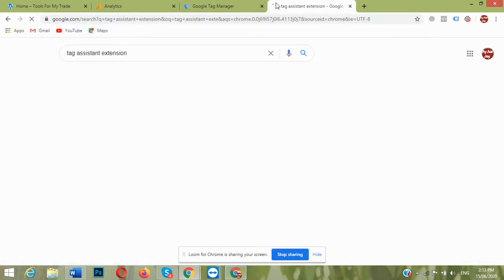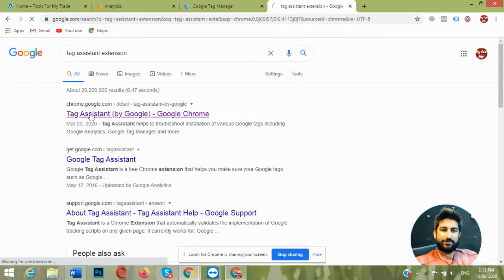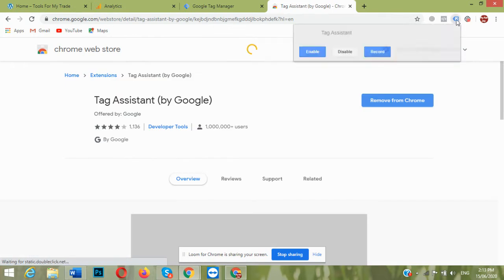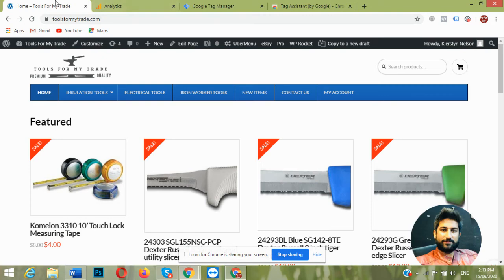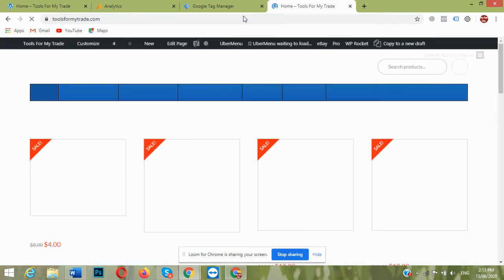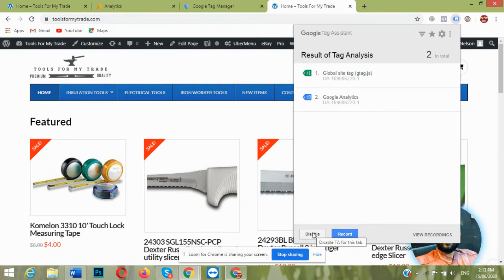I already added that Tag Assistant extension, this one, and after installation the extension is added to your browser. Open the website. We are going to verify that the analytics code is installed correctly on our website. So we add this extension and then enable it.